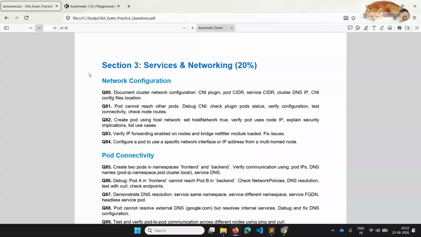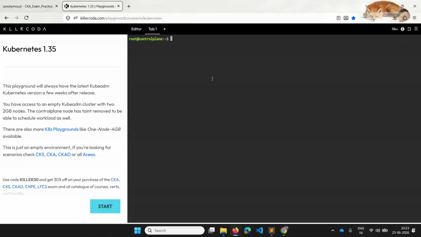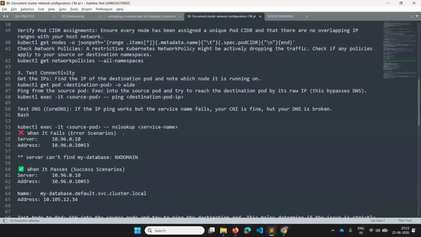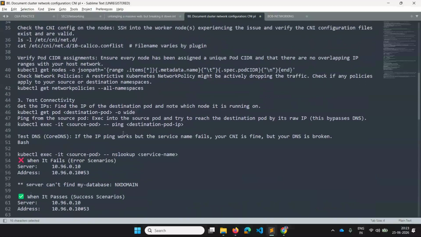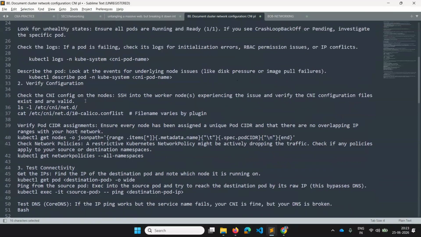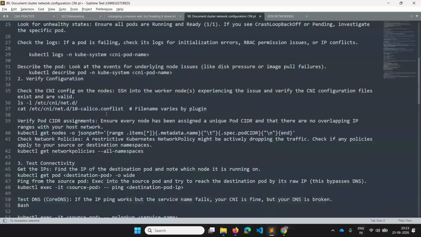Next, after CNI plugins and pod statuses, we can also check several configurations and test connectivity. I just got some inputs from GPT on how we can check the plugins and statuses, and that is what I'm showing you.